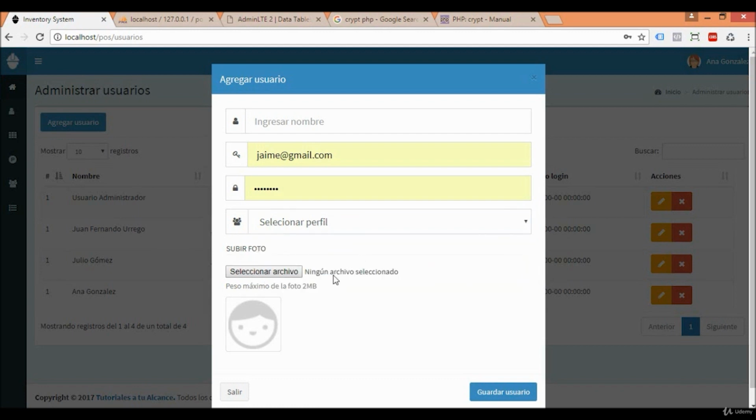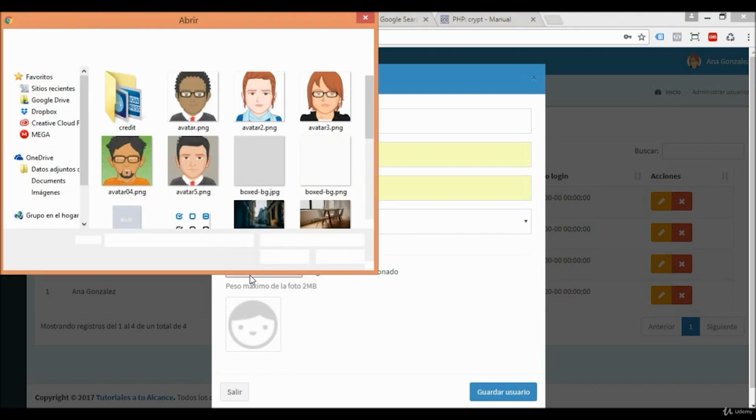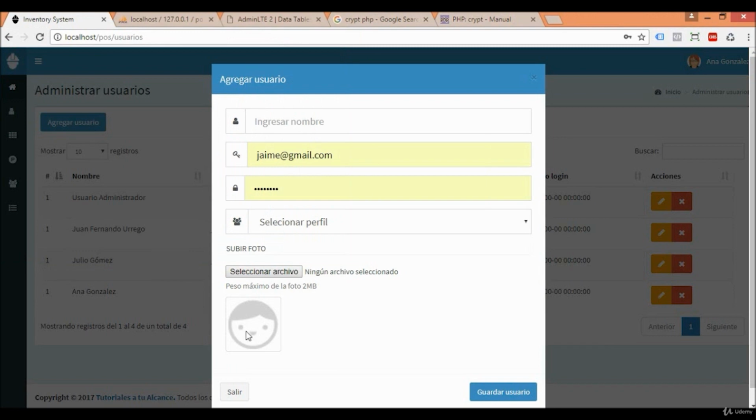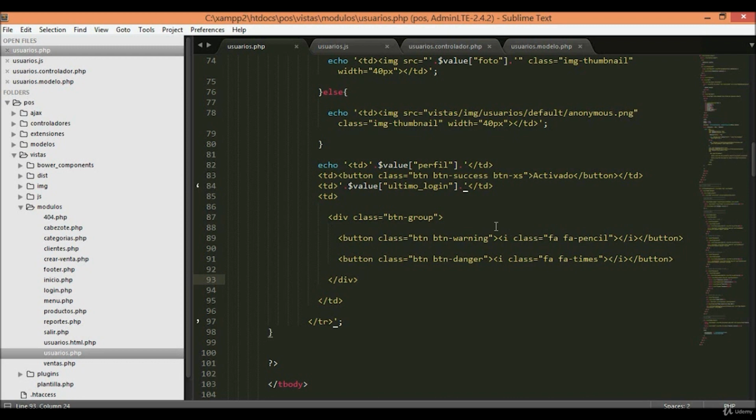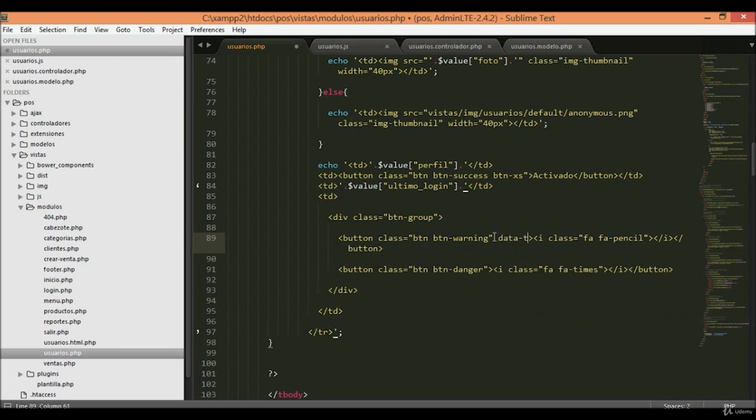If the photo was set, it has to be displayed. But if he wants to change it, he can select the file and save the user to save all the changes. So to do this, we are going to copy this fat pencil, or we can edit this fat pencil and add a data toggle attribute